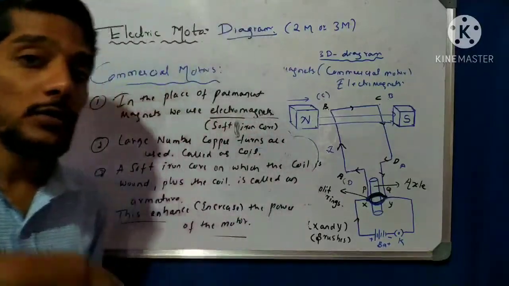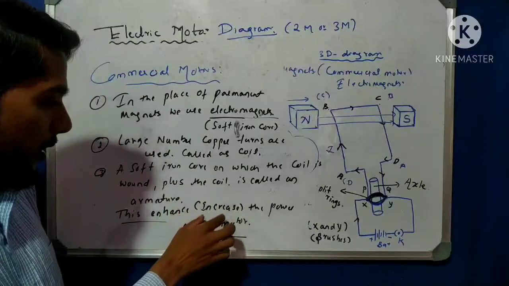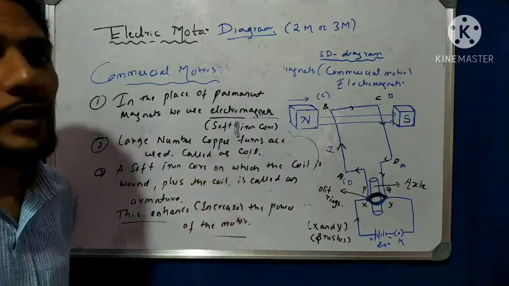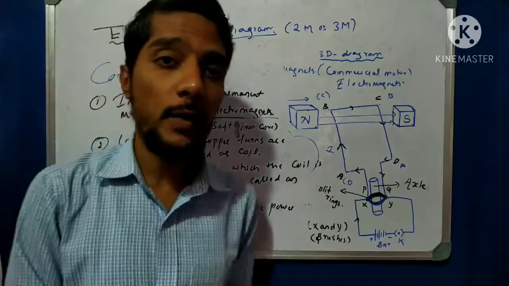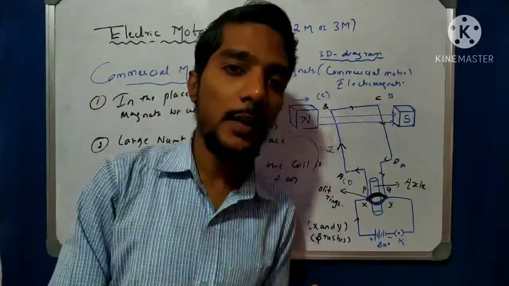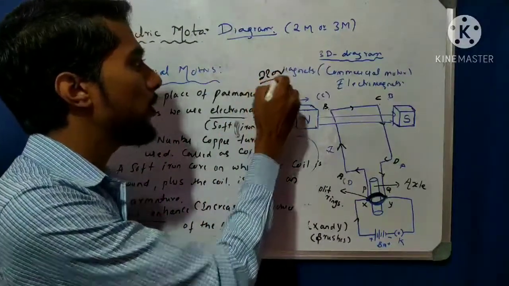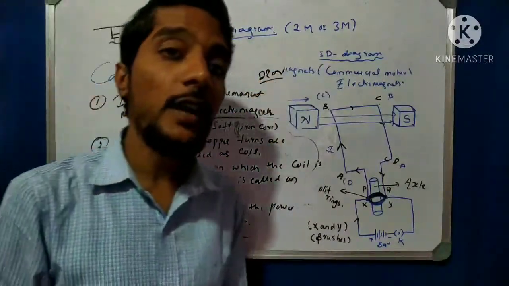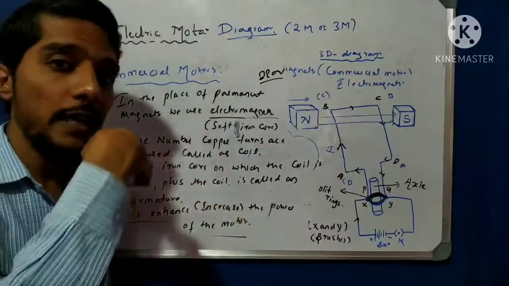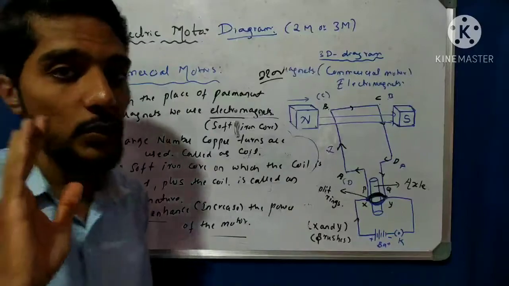When the number of turns increases, automatically what happens? There is an increase in the power of the electric motor. If you want a more powerful electric motor, you have to think that the current does not change here, the current is the same. We use 220 volts, and we are not able to increase that, but we can increase the number of coils. If the number of coils increases, if the armature increases, the power of the electric motor increases.